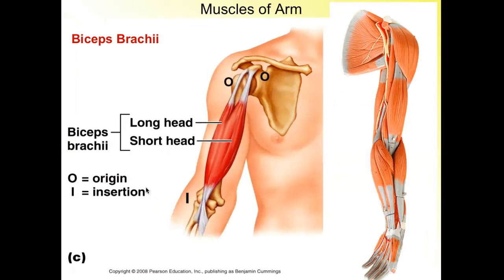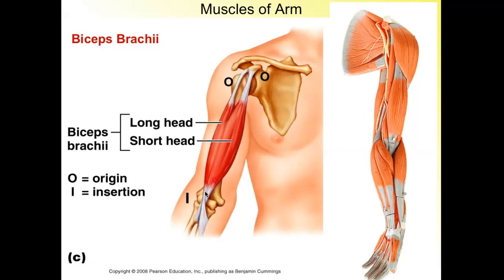Let's take a look at a more detailed picture. So biceps brachii, here are the two heads a little bit better shown, right? So we have our origins. We have two separate origins of the heads. So the long head has an origin on the supraglenoid tubercle of the scapula. If you remember where that was, the glenoid cavity, there's a little bump right at the top of that cavity called the supraglenoid tubercle. And then our short head originates with the coracobrachialis, on the coracoid process. So lots of muscles have an origin here. Both of these heads are going to insert onto the same place, the radial tuberosity of our